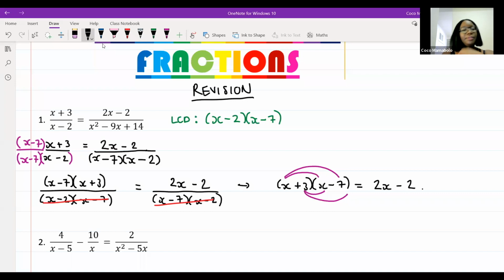So, ma'am, every time there is the same denominator, we cancel them each other. Like, for example, x minus 2, and then on the right-hand side, we have x minus 7 and x minus 2. So we don't write the x minus 2 twice. We just write it once, and then we write the x minus 7. Yes, absolutely. So we look at what they have in common, and if they do have something in common, we only write it once. We don't have to write it more than once. Does that make sense?